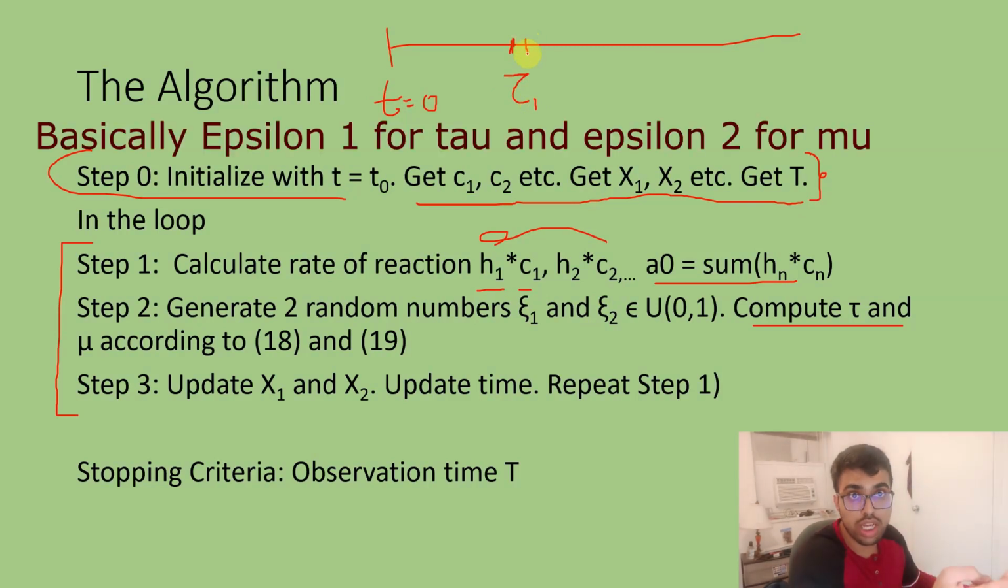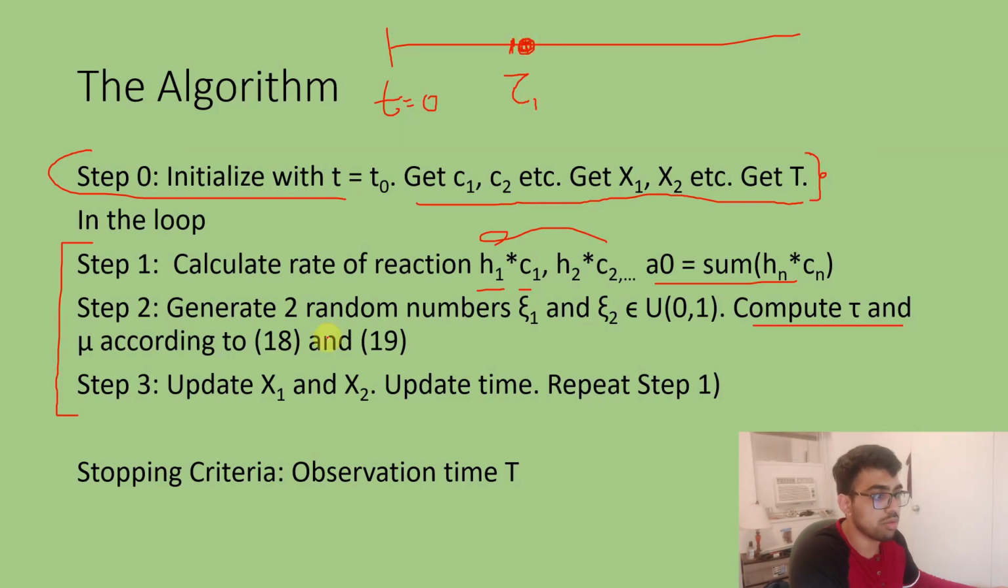Say there are 2 reactions, and epsilon 2 gives us something such that we get mu equals 1. So we'll find out that the first reaction has taken place, and then we go back and continue the loop until we reach time equals t. So we'll get tau 2, we will get a reaction. We know that the reaction takes place instantaneously, right? So